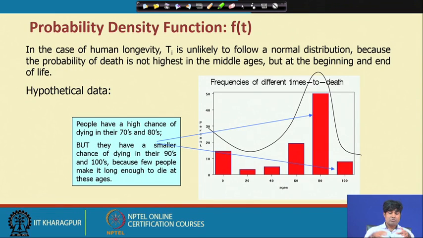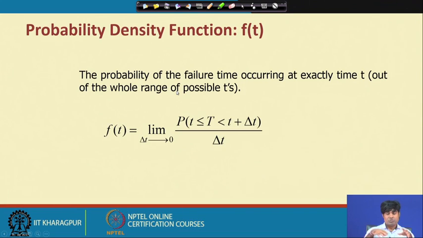So, here is the kind of probability density function. In the case of human longevity, we would like to check that Ti is unlikely to follow a normal distribution, because the probability of death is not highest in middle age, but at the beginning and at the end of life. This is a hypothetical example, but typically it is a question of the life cycle hypothesis. One of the most important components in survival analysis is the density function,